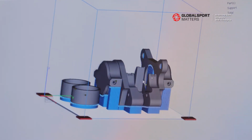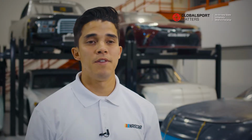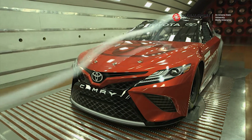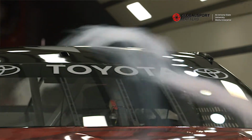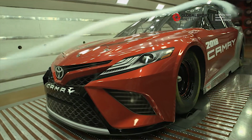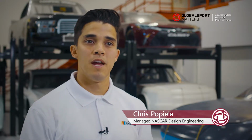So an example of one of the big uses of 3D printers is we had a team come in and work on the design of a vehicle. Well, the design of the vehicle was always changing because of the numbers in the wind tunnel. So to quickly change the design of the car, we actually printed numerous 3D parts to attach to the vehicle to kind of change the shape. Without 3D printing, that would kind of put us down for weeks and weeks, and being able to 3D print those parts and put them in the car and test them very quickly kind of gave us the numbers